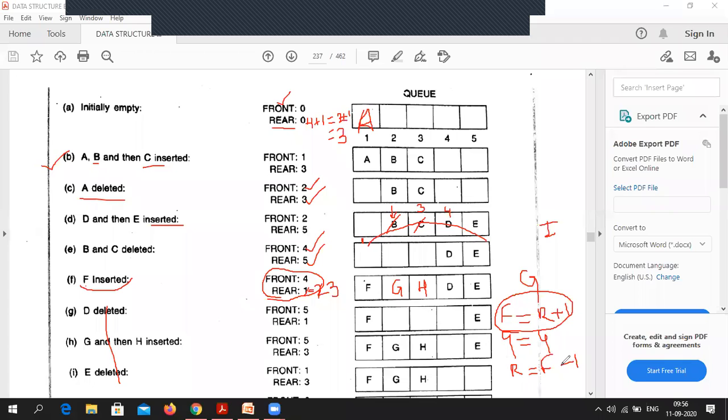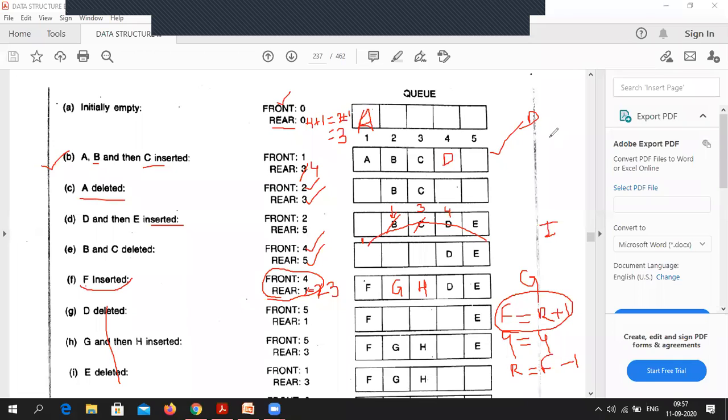Okay, Anup, I'm telling you now. Suppose you again go to the situation when front was 1 and rear is 3. Now I'm saying I want to insert one more element. Suppose I'm saying insert D. What will happen in that case? Where would D be inserted? Rear will become 4. R will become 3 plus 1, 4. Yes, good. Rear will become 4 and I'm inserting over here.